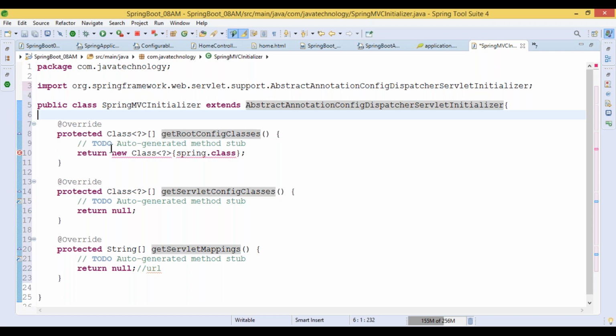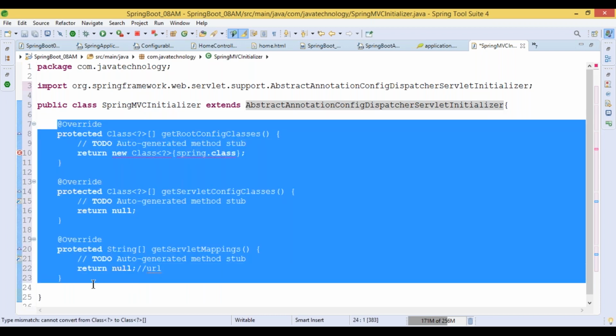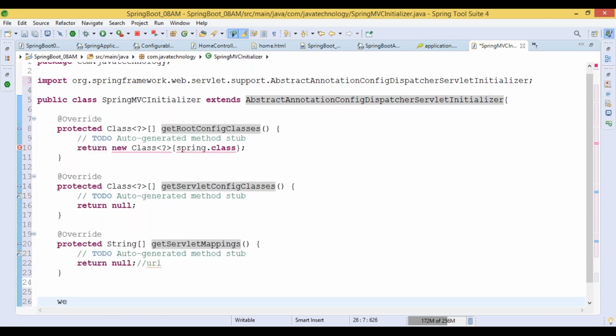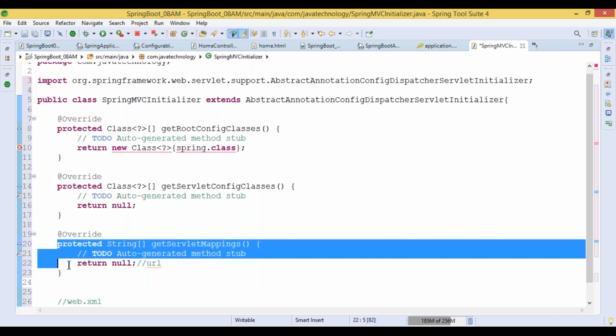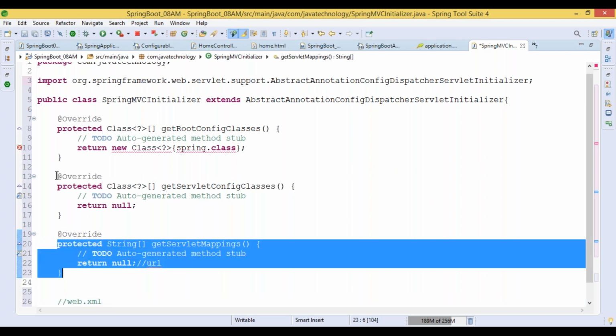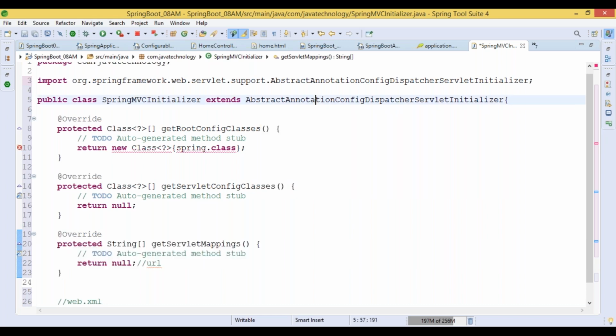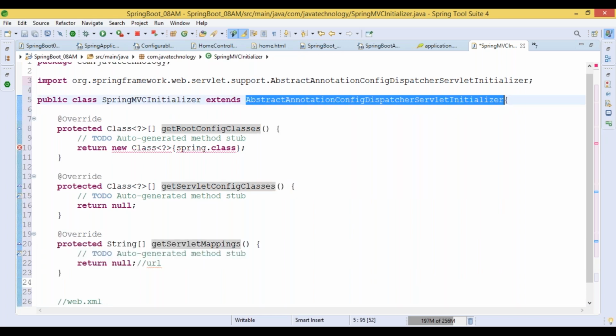If you see this information, we are going to write it inside the web.xml file. Inside the web.xml, we create the dispatcher servlet, the class name we give, and after that we give a URL pattern. That is nothing but this, it's going to work. Whatever classes we are giving, the dispatcher servlet is going to be created here when we are extending from the AbstractAnnotationConfigDispatcherServletInitializer.